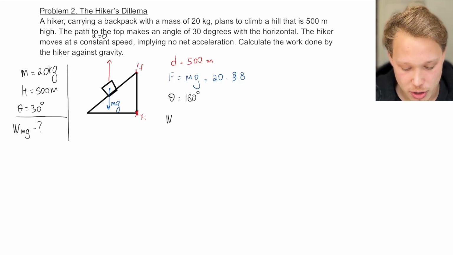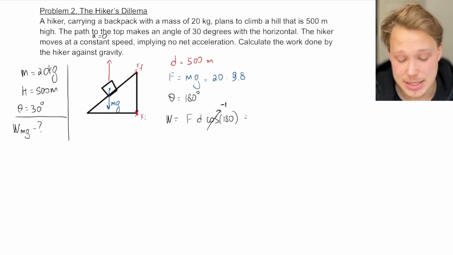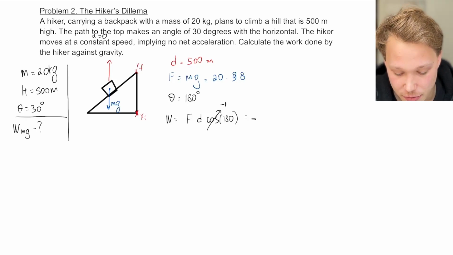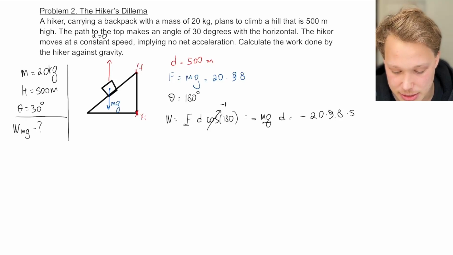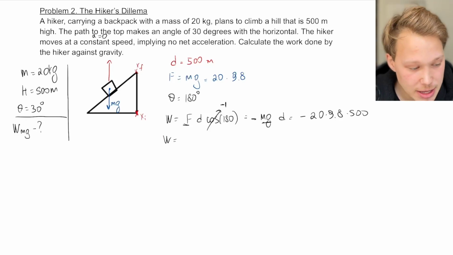So work will be equal to force times distance times cosine of 180. Once again, cosine of 180 will be -1. So again, mg does negative work here. So negative times F, which is mg, so minus 20 times 9.8 times the distance. We get a final answer for work as